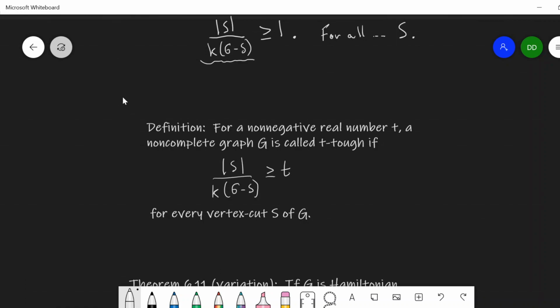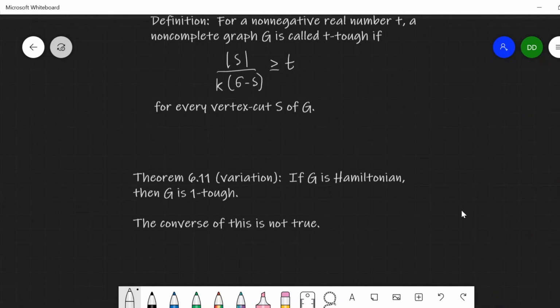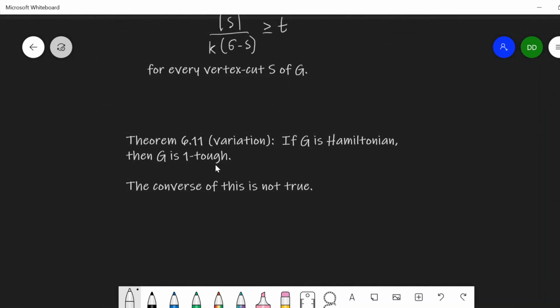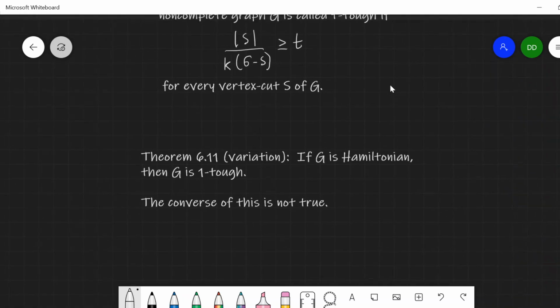And so what follows, we can restate Theorem 6.11 in terms of this t-toughness. So Theorem 6.11 now becomes: if G is Hamiltonian, then G is 1-tough. But of course the converse of this is not true. As I mentioned in the previous video, the Petersen graph is 1-tough, but the Petersen graph is not Hamiltonian. So we're going to prove that in a second,